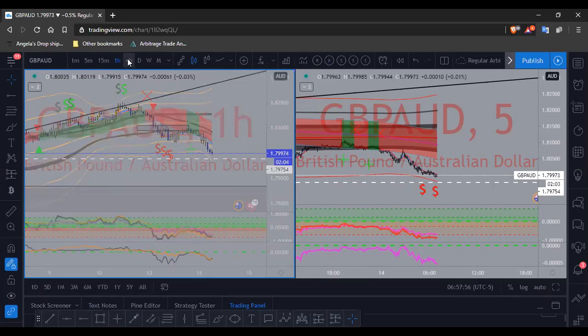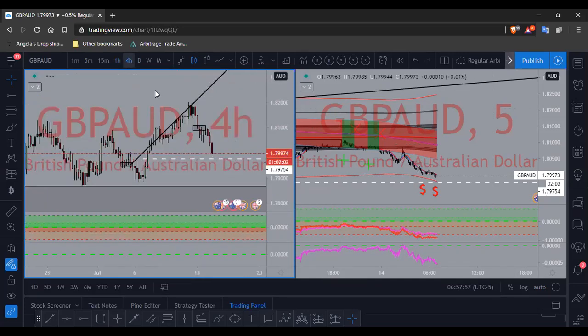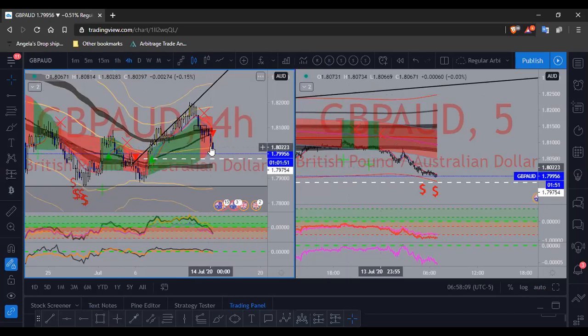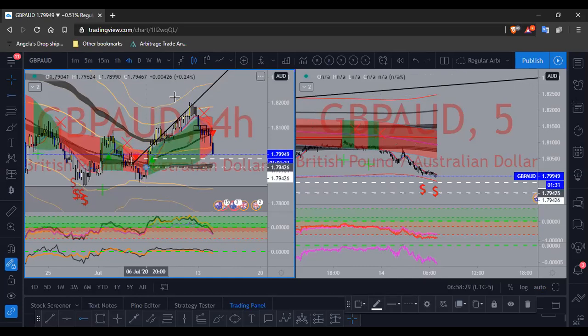On the 4-hour time frame, on the arbitrage band on the left side, it looks like the candle has broken through the mean line, but it could still come down low, and even coming down to the lower danger zone would be ideal as well. It wouldn't be terrible for price to come down to 1.79460 even. So in between, just this general area would be my ideal place to take a look and see what